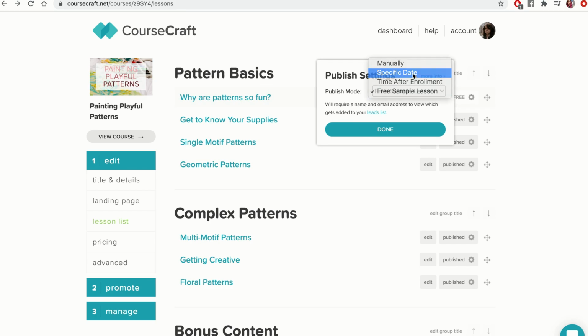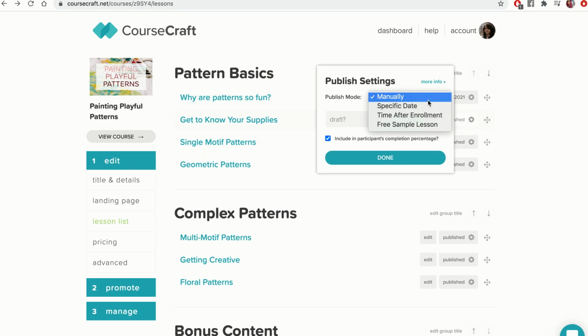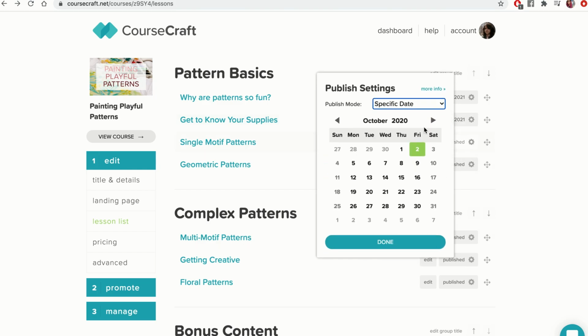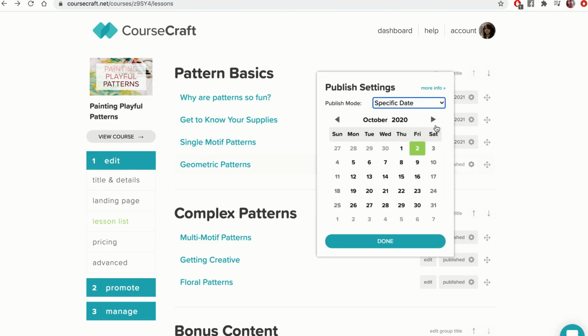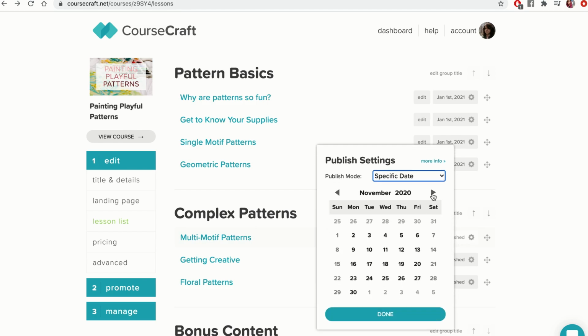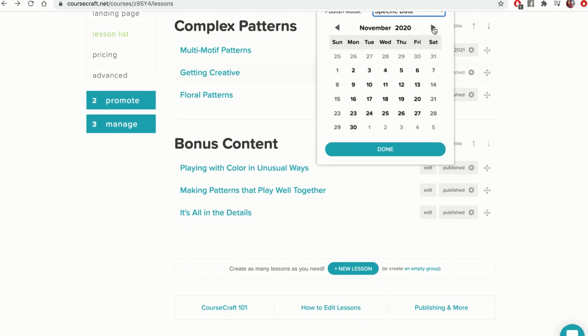Another scenario could be that I have a course starting on a specific date. Let's say this course starts on January 1st because it's a plan to help people get on track for the new year. But I want to be taking signups all through December, so everybody is ready to go on January 1st. I can have all my lessons set to publish on a specific date,